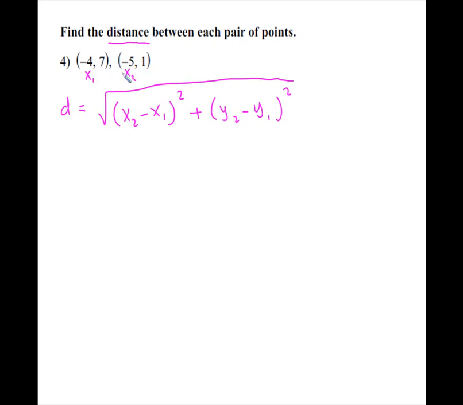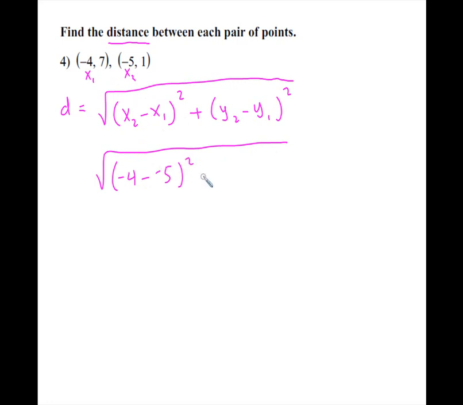So it's up to you. You could do -5 minus -4, or you could do -4 minus -5. So the order that you subtract the x's doesn't matter. That's for you to decide. I'll just go -4 minus, because that's in the equation right here, and then -5